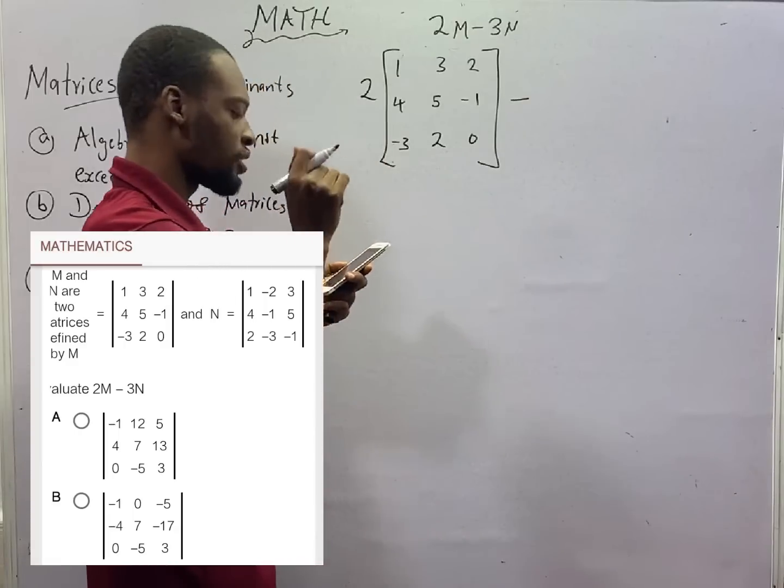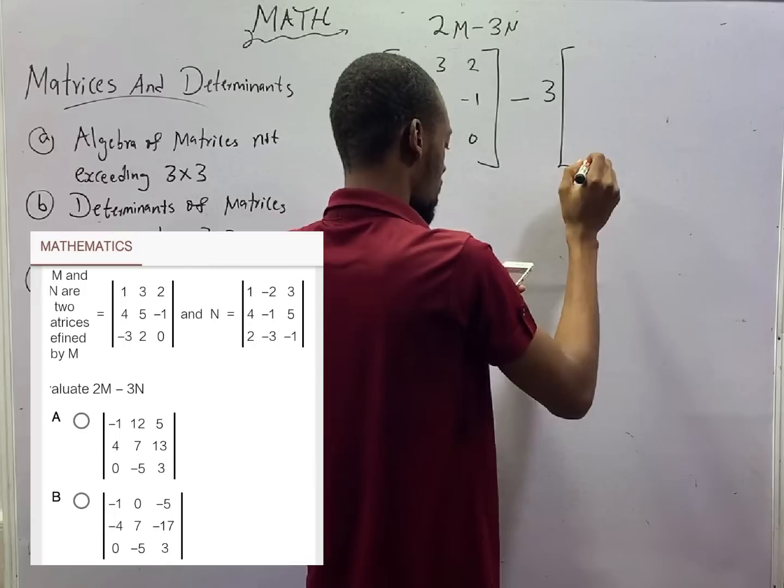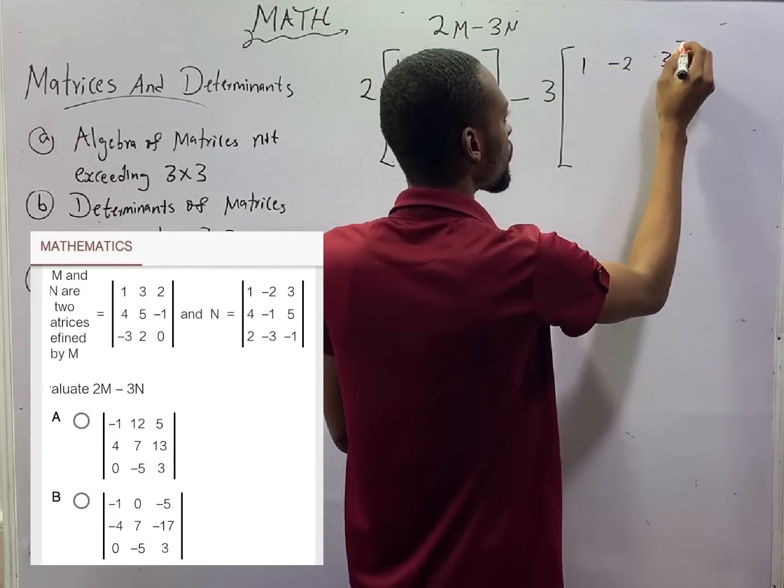Minus 3N, multiply N by 3 to have 1, minus 2, 3,